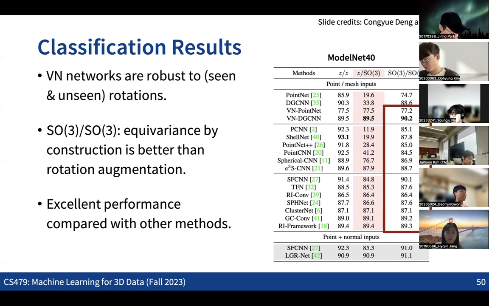And also compared to all the previous work on rotation equivariance, these simple modifications of PointNet and DGCNN give higher accuracy. So this is a really good thing. These are very specialized neural networks that achieve rotation equivariance or invariance with very complicated architectures. But by just making small changes in each layer of the PointNet, you can easily achieve this rotation invariance with high accuracy as well.